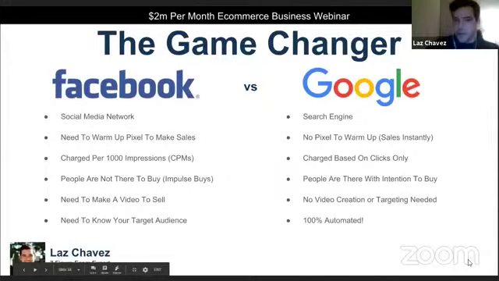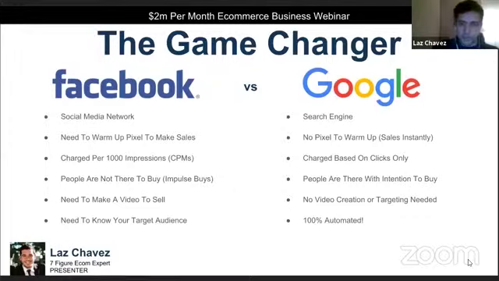Okay, so we're going to talk a little bit about the game changer, Facebook versus Google. If you're already advertising on Facebook, then you're familiar with Facebook. You're familiar with the ups and downs, and you might have made money with that. I've made money with Facebook. I'm not gonna lie, I've used it to make a ton of money as well. But basically, we're gonna break it down here side by side and see what the differences are between Facebook and